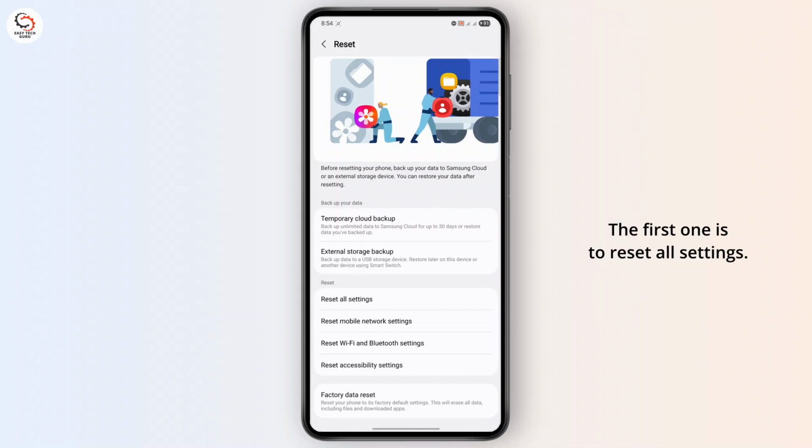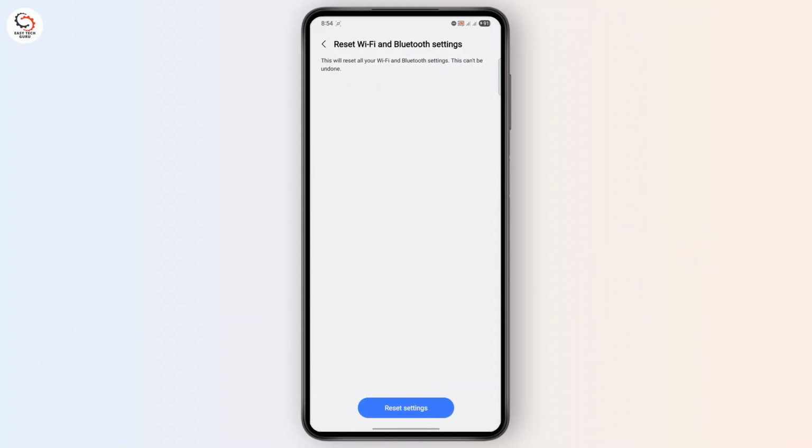The first one is to reset all settings. Then you can reset mobile network settings. And on the third option, you'll see reset Wi-Fi and Bluetooth settings. You want to head over there. And as you can see here, this will reset all of your Wi-Fi and Bluetooth settings, and it cannot be